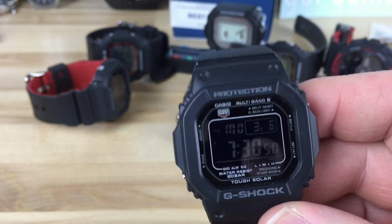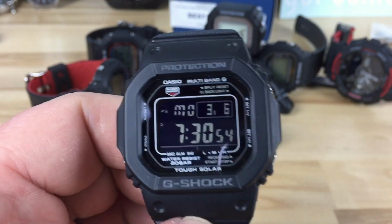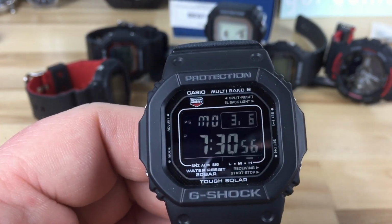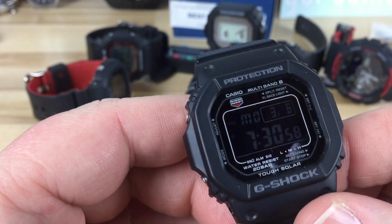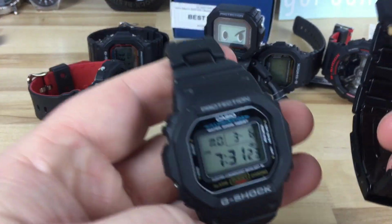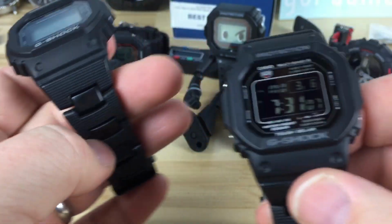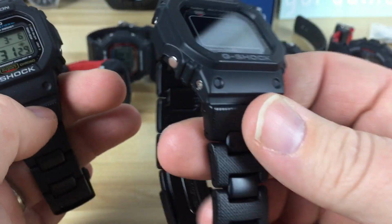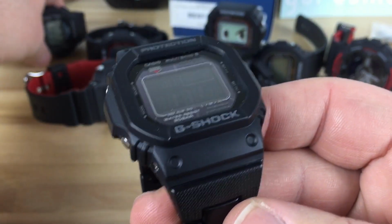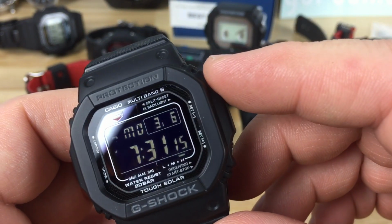As far as I know, I could be wrong, let me know in the comments if I'm wrong here, but when you find a combination bracelet for sale somewhere, like I've already bought a couple of them, I put one on the economy model, but I bought this one, somehow somebody separated it from the watch, I guess. Maybe you could buy them separately at some point, but they're kind of hard to find. So this is the Casio